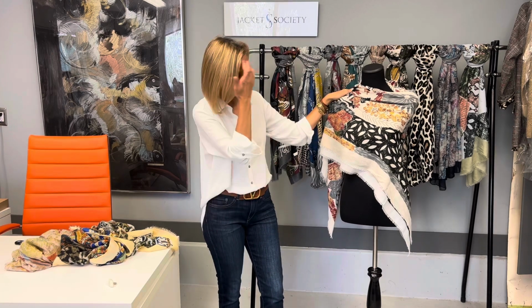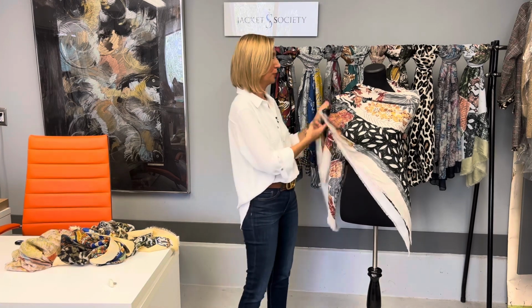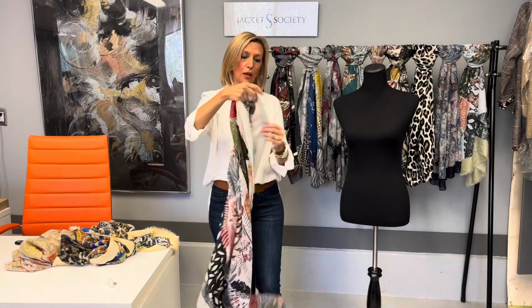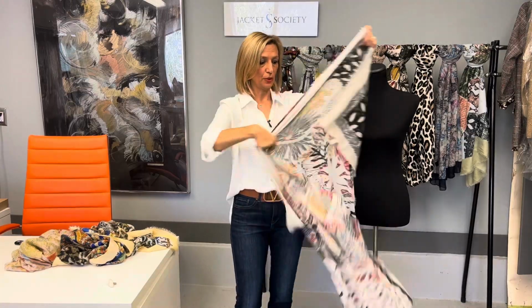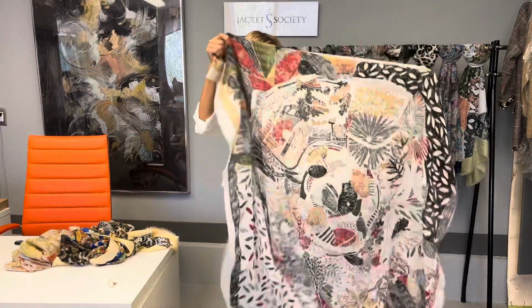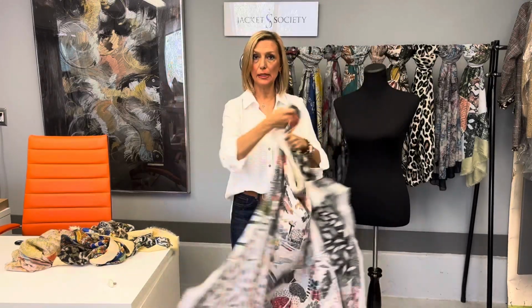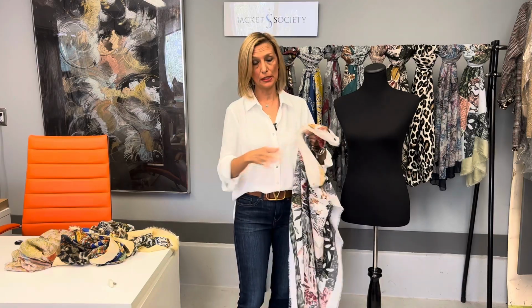Now this style, I understand it's kind of hard to keep in place, so you may want to put a pin in there, or you just wear it like that for a while and then change the style and bring it around your neck. But with the square, this is what I was going to show you. So this is one of our square scarves, and it's quite big. But they're super easy to make into a long scarf